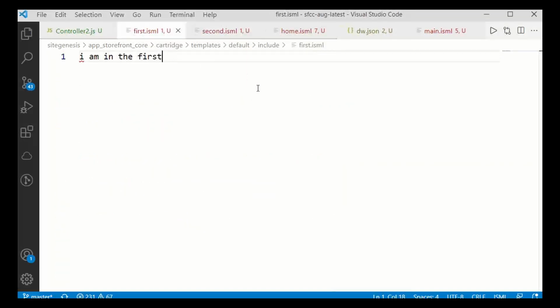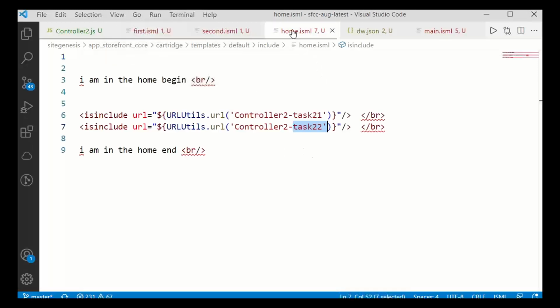These two are reflecting into home.isml, but home.isml straight away not calling first.isml. Home.isml straight away not calling second.isml. Always advisable is template calling to controller rather than template calling to another template, but it is purely based on your requirement.